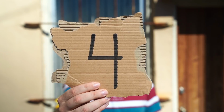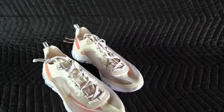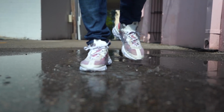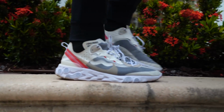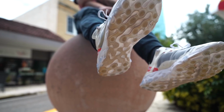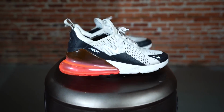Number 4 is the Nike React Element 87, in the running for sneaker of the year in my opinion. They look good, they feel incredible, and I put a bunch of miles on them. This was another shoe that released a little later in the year. I think it was maybe July, and so I haven't had the chance to wear them as much as the other 3 pairs on this list, which leads us to number 3,